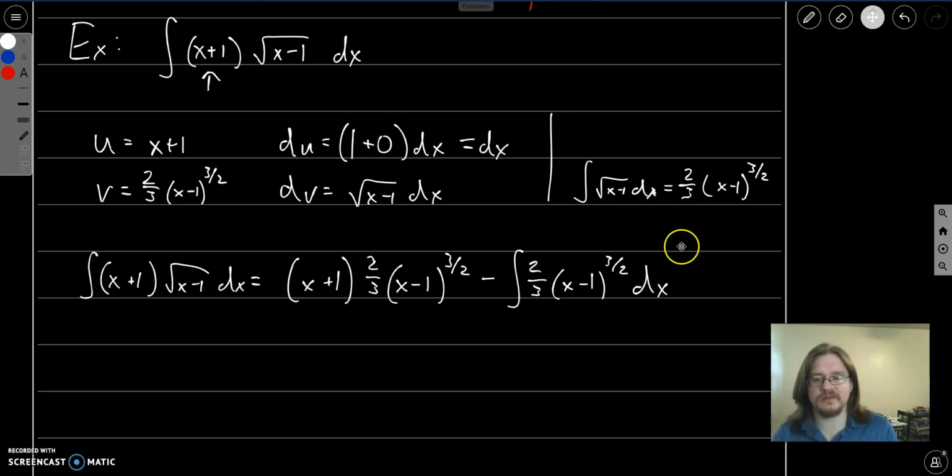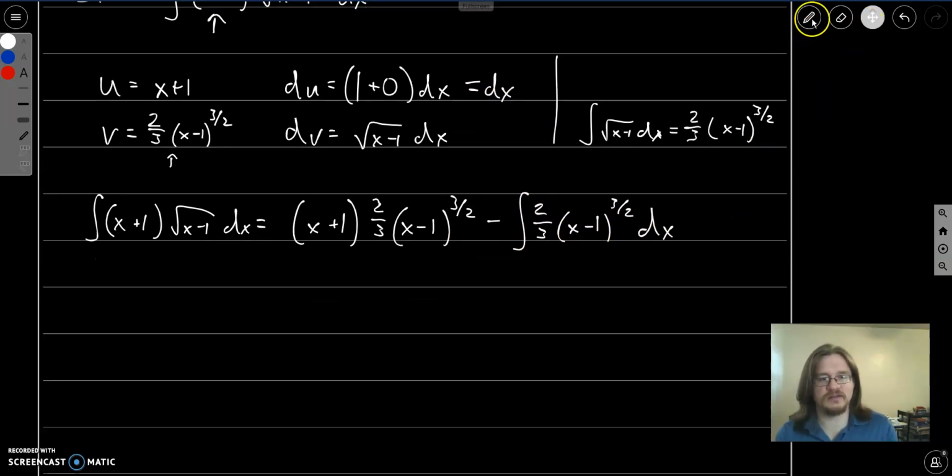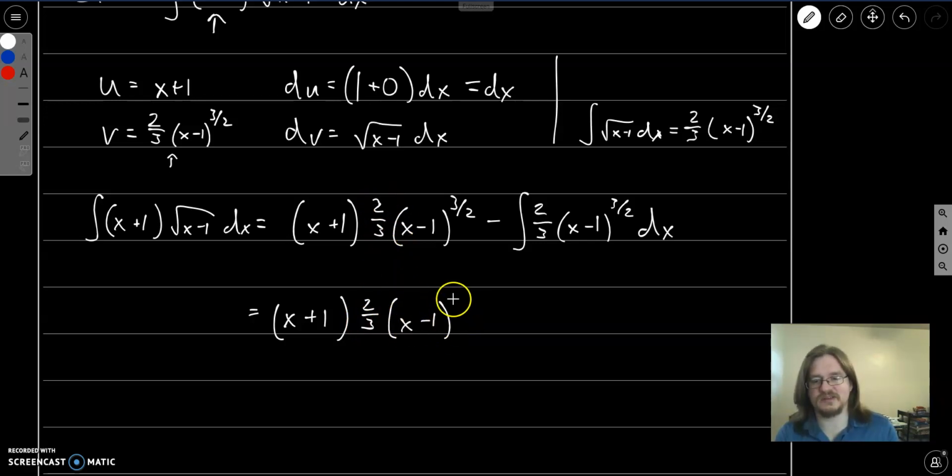Now we've plugged everything in, and the integral of x plus 1 times the square root of x minus 1 is going to be x plus 1 times 2/3 x minus 1 to the 3/2 power. This was v. And we have minus the antiderivative of v times du. So here, the uv up front works exactly the same. It's going to be x plus 1 times 2/3 times x minus 1 to the 3/2